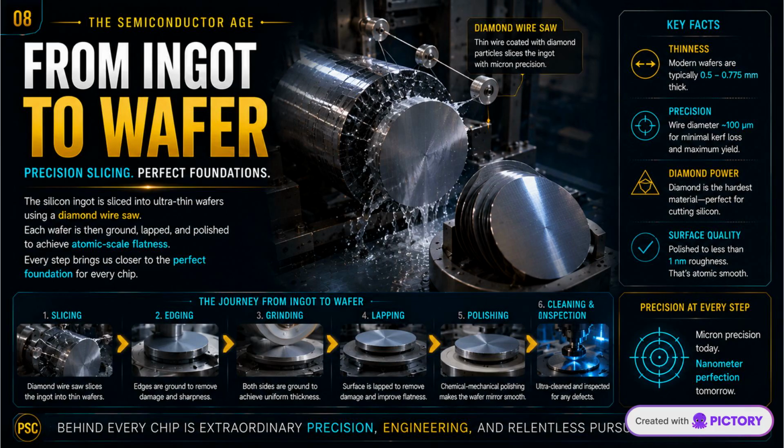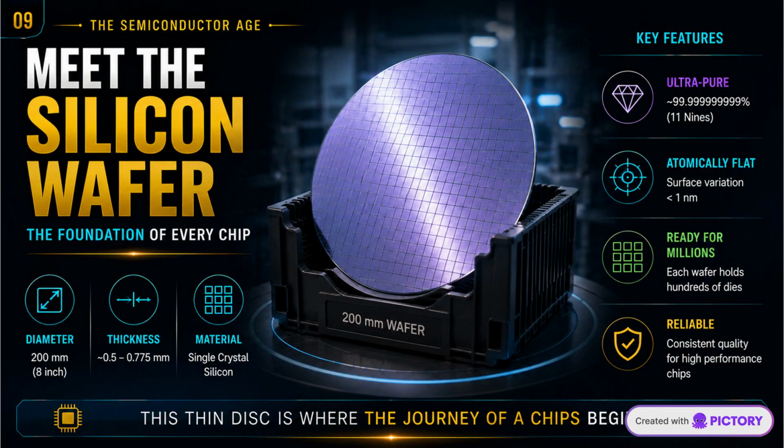Once the crystal is complete, it is sliced into extremely thin circular discs using precision diamond wire saws. Each slice becomes a silicon wafer. These wafers are carefully cleaned, inspected, and prepared because they will soon serve as the canvas on which billions of transistors will be built. The silicon wafer is the foundation of every chip, ready to hold millions of circuits with